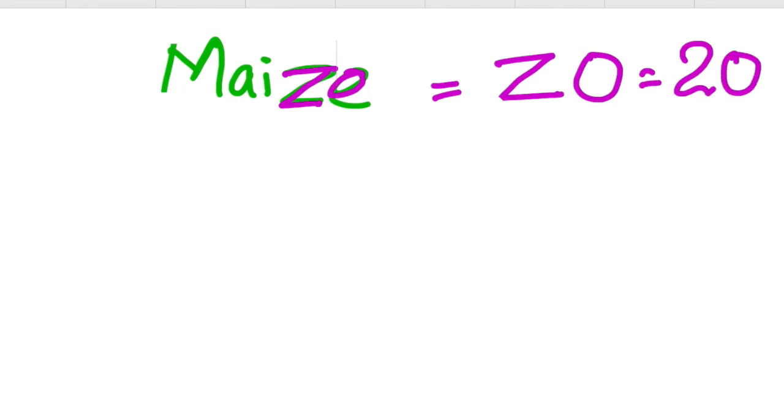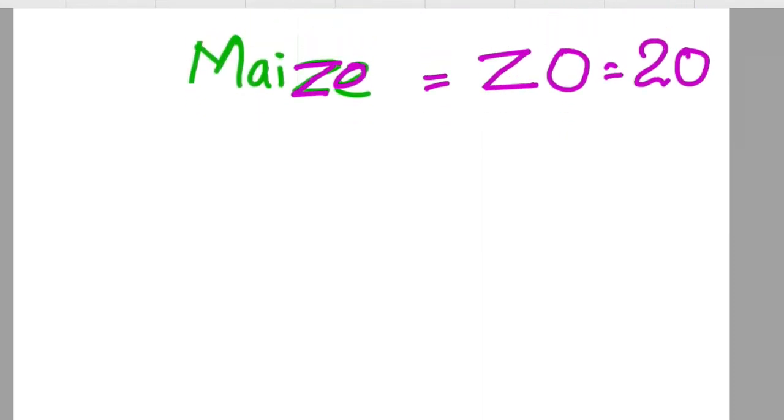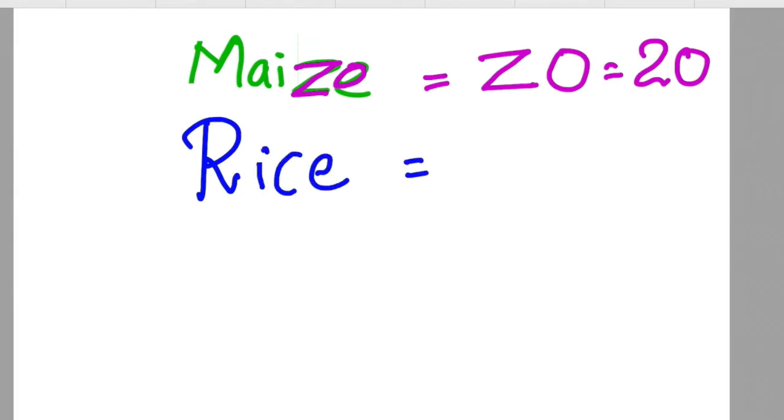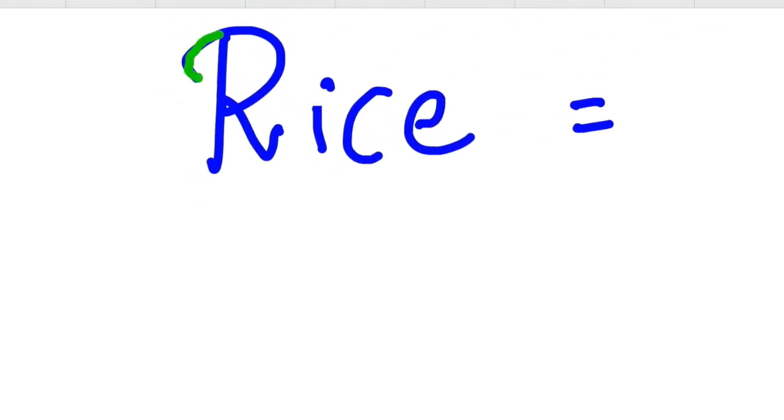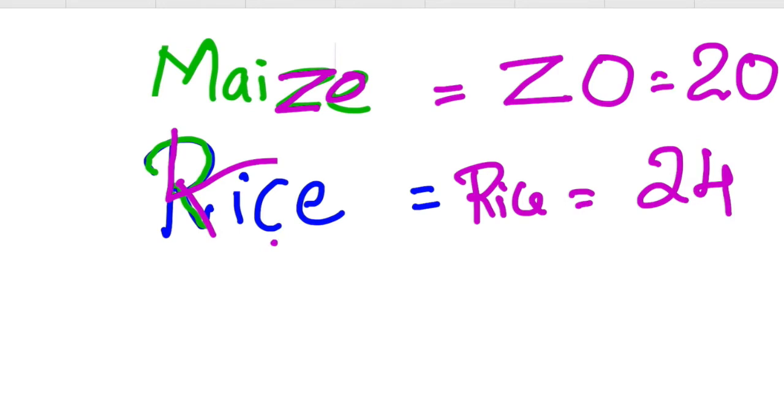Then for the rice, you can add 4 to the maize. Otherwise from the writing of the rice letters also you can find out 24. Anyhow, maize and rice are related, so you can relate that. For the rice it is 24. So corn 20, rice 24.